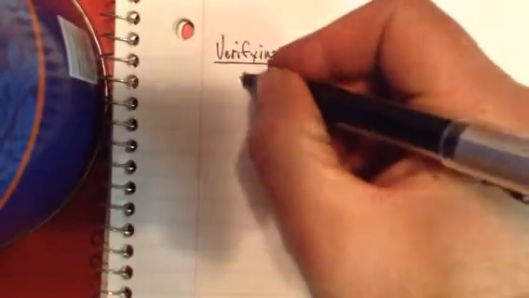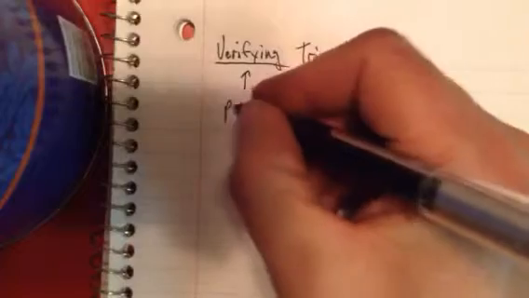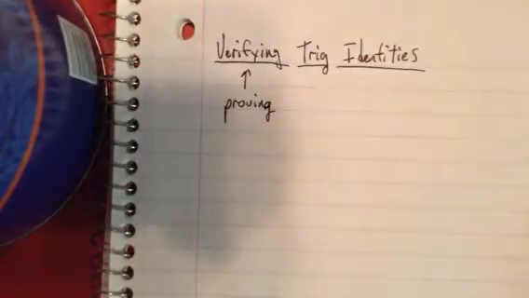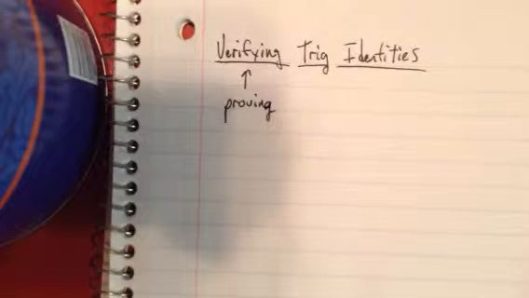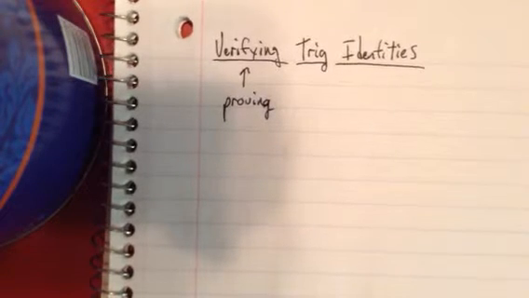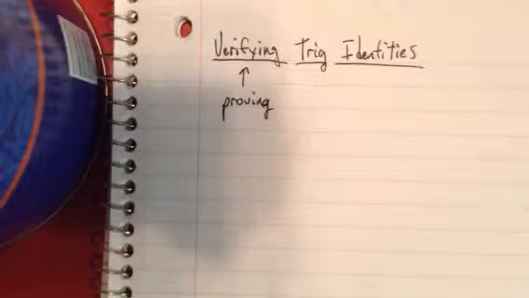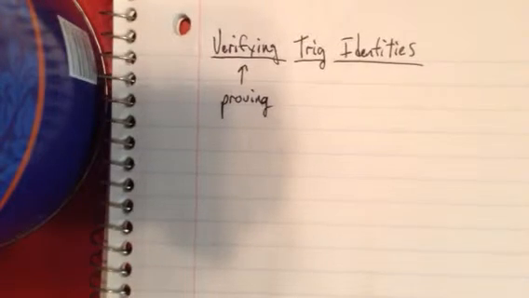But you can also, this is a lot like proof. These are basically proofs, although you don't have to worry about the whole two-column thing. Each step doesn't have to be painstakingly justified. It's algebra, and so long as you're making valid algebraic steps, you should be fine. The rules,